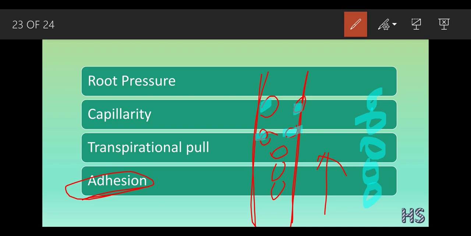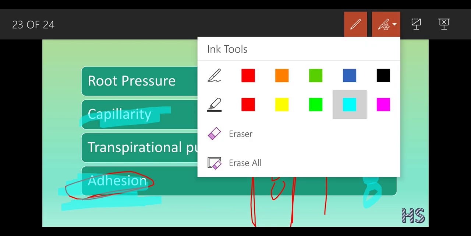So it is very essential in long plants, in big trees like coconut trees and all, this adhesion and cohesion. And capillarity is very important, because the narrower the diameter, the greater the pressure it can exert. So this would be the